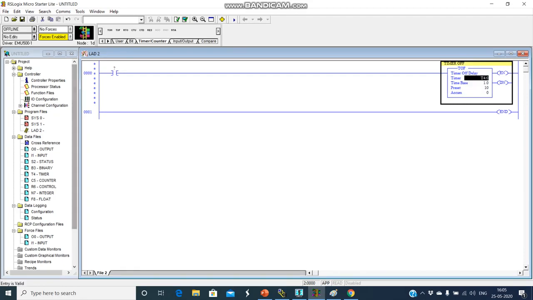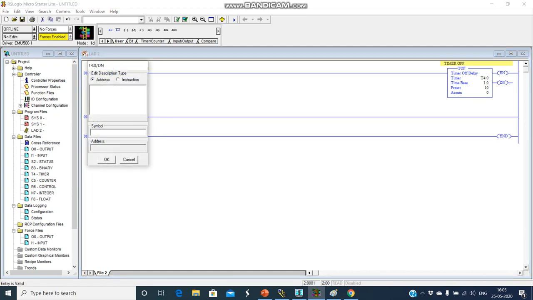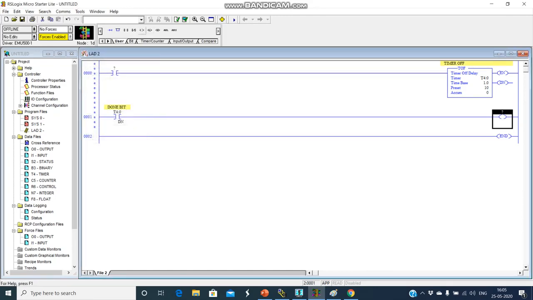In the second line we require an input for the done bit operation. That is T4:0/DN, which is your done bit. You require one output, which you can keep as output 0/0.